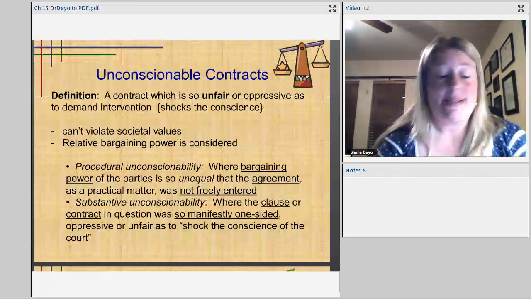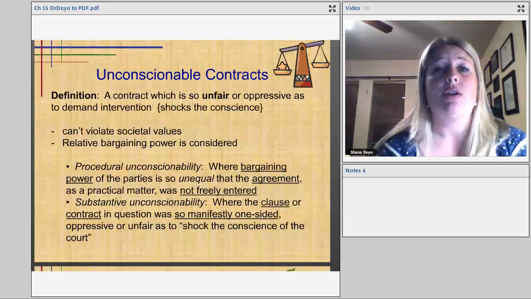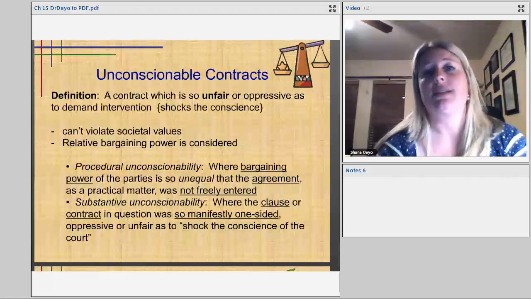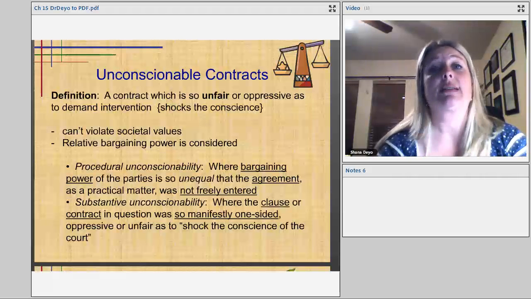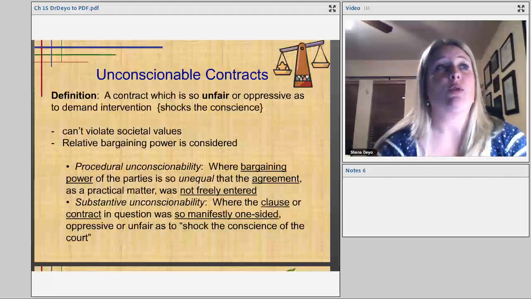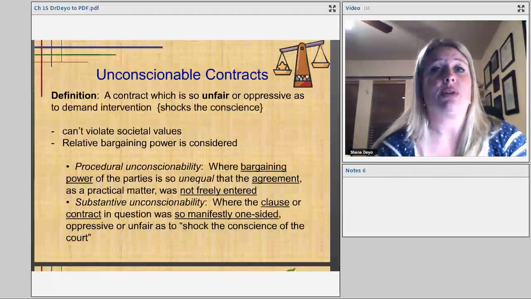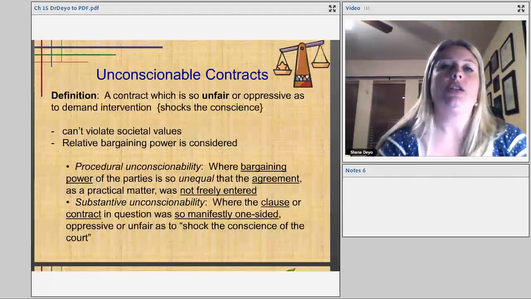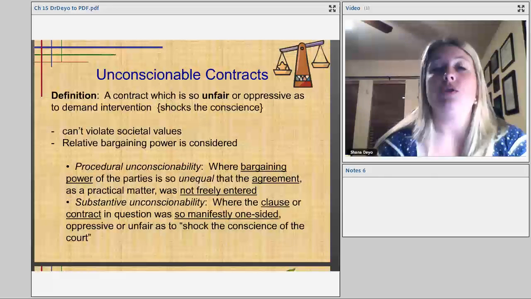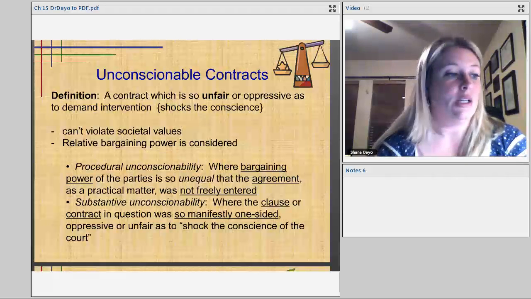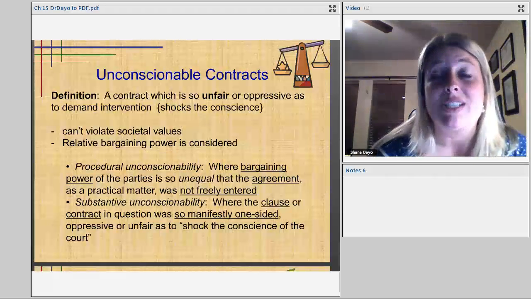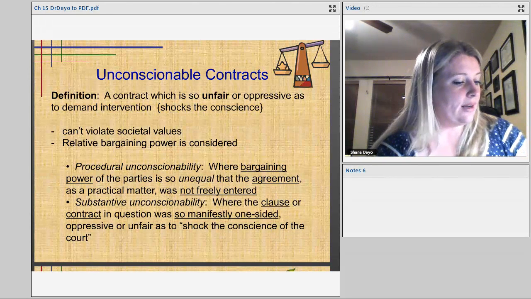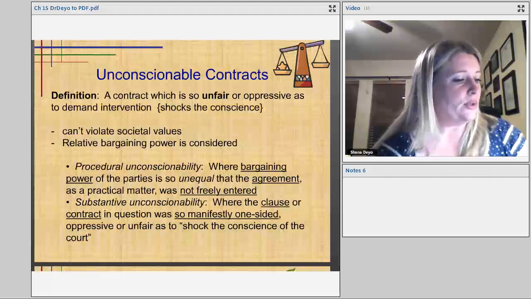So I saw cases where there would be 300% interest on those loans, which is unconscionable because it's impossible to pay that back. If you borrow $100 and then when you go back, you have 3 or 4, even maybe 500, depending on the interest rate, dollars to pay back for the $100 loan, then it's unconscionable because the average consumer wouldn't be able to do that. You would not have gone there in the first place if you couldn't pay back $100. So you're certainly not going to be able to pay back $500. So it can't violate societal values.